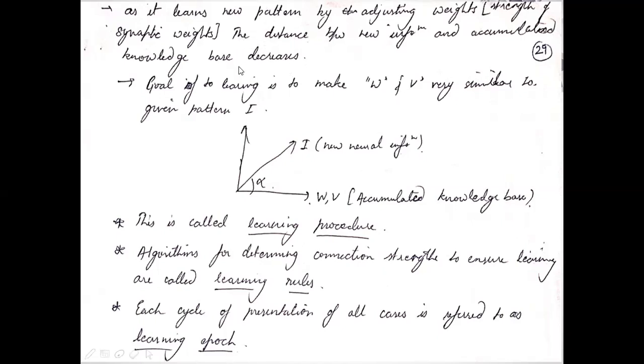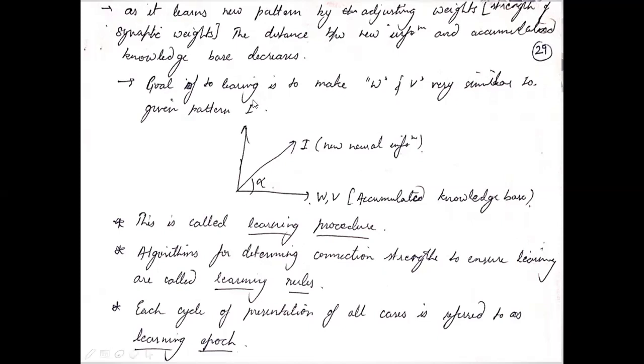And whenever a new input pattern is defined, जब भी हमारे पास कोई new input pattern defined होता है न्यूरल नेटवर्क को, तो जो नॉलेज बेस का और इंफॉर्मेशन का डिफरेंस होता है, सिमिलैरिटी रेट, वो सिमिलैरिटी जो होती है वो कम होती है और डिस्टेंस उन दोनों के बीच में ज्यादा होता है. While it's opposite, जैसे जैसे हम ट्रेन करते रहते हैं, दैट मीन्स हम वेट्स को एडजस्ट करते हैं और ट्रेन करते हैं नेटवर्क को फॉर दैट पर्टिकुलर इनपुट वेक्टर, what happens, the difference or the distance between the knowledge base and the information decreases and the similarity increases.